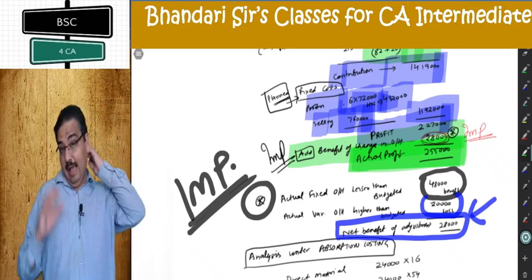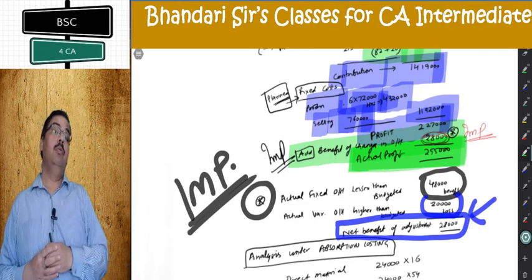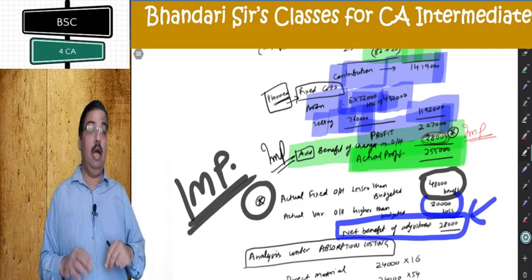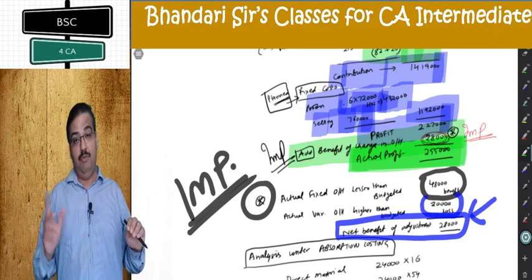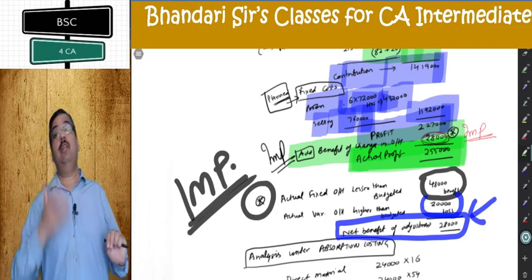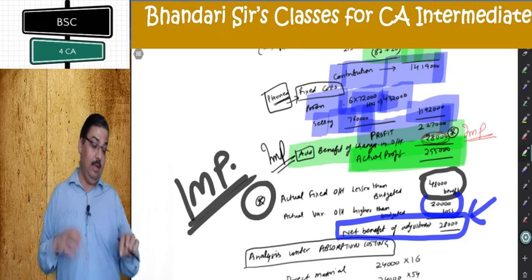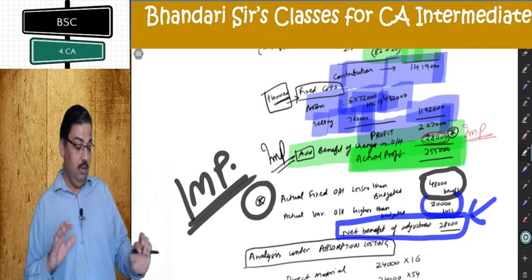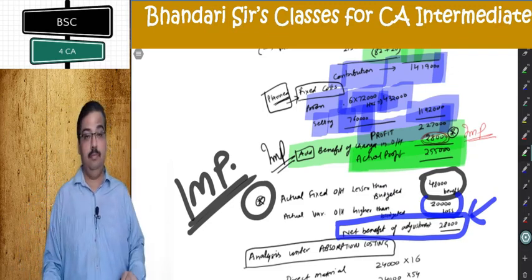I have not made any changes in original whatever format I have given you. Only thing is, from budgeted data I want to reach actual data. I want to put benefit and losses caused by differences in fixed variable overhead, actual and budgeted. When actual overheads are different than budgeted, I am going to get some benefit or loss. They are adjusted here. 28,000 is net benefit of the changes and I am getting profit of 2,55,000. This is complete marginal costing statement.